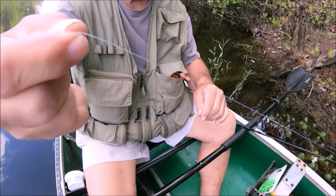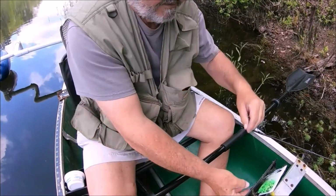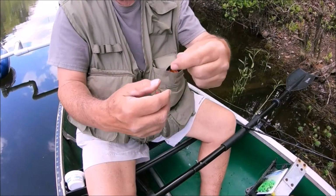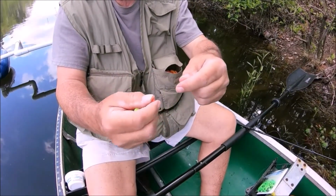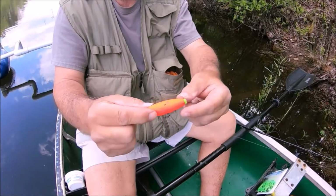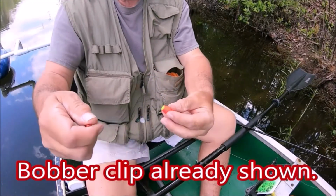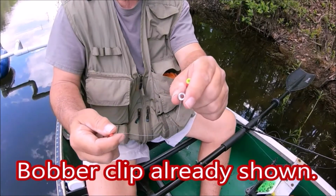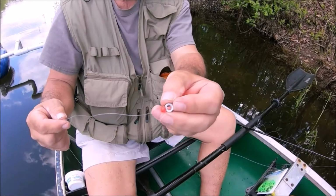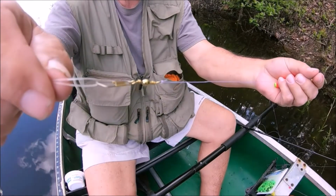Okay, so I'm just out here today going to try to do a little bluegill fishing, and here's that gizmo thing on my line. This is my bobber stop, and this is my little bluegill rig. There's a bead that goes up against the bobber stop, and of course there's a bobber, and there's a little short clip coming about this, and there's a weight, and there's a little short clip coming about that. And since that weight has this big of a circle on it, I have another bead which will stop it at my leader,